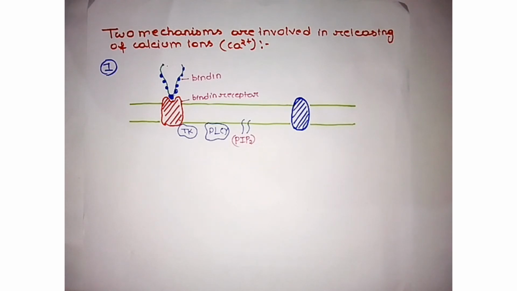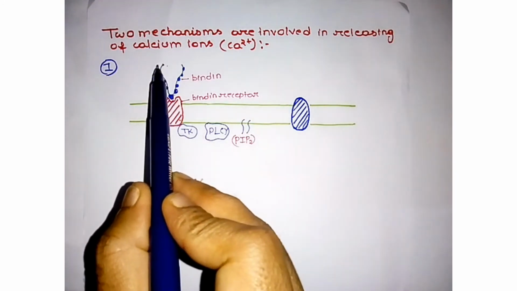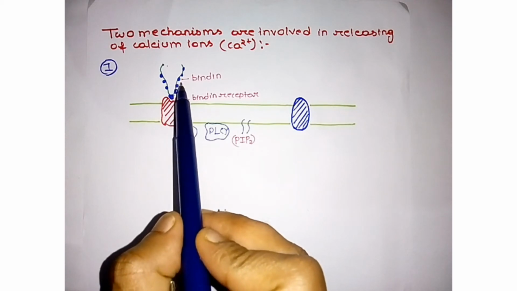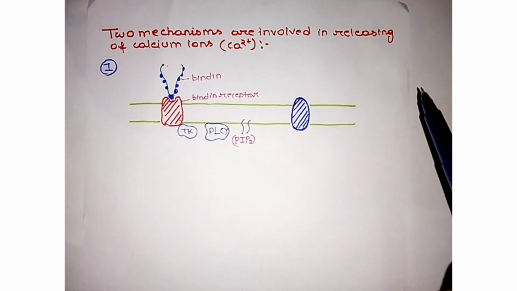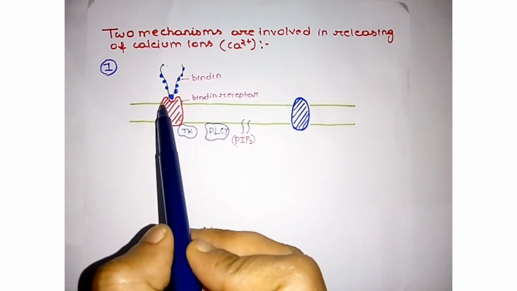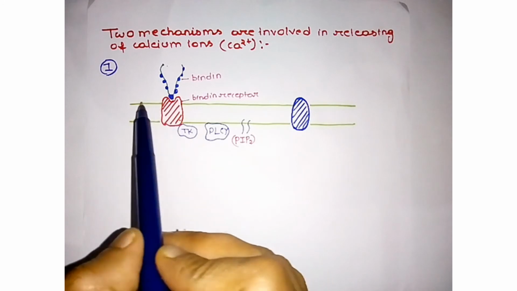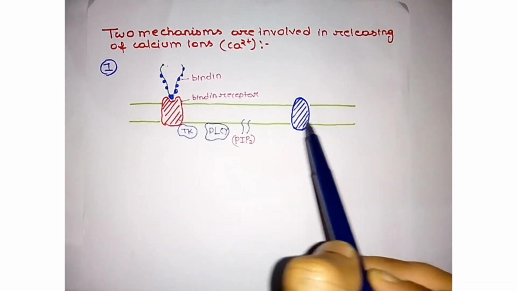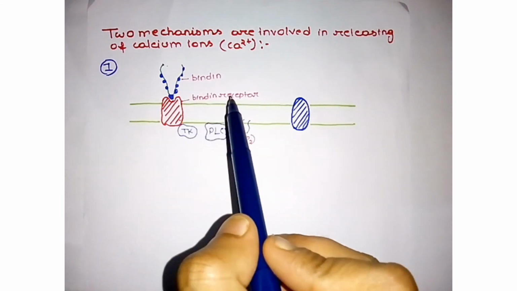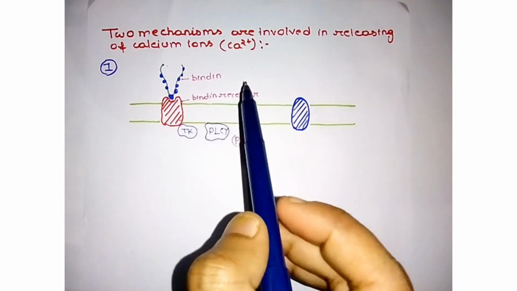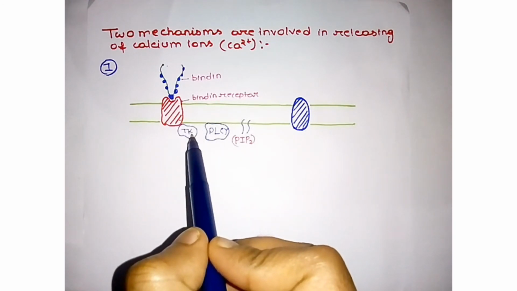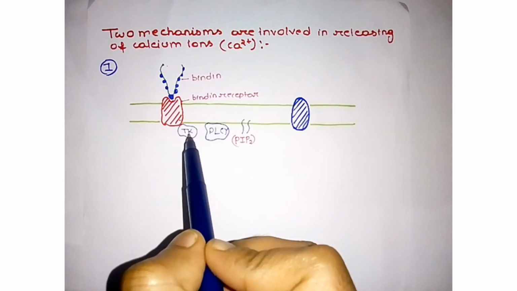As you can see from this diagram, this is the acrosomal process region, and this acrosomal process region is surrounded by a protein that is called bindin. This bindin binds with a specific receptor present on the egg cell membrane. This is the egg cell membrane. The binding receptor is a type of G protein receptor, and this is a TK, tyrosine kinase, and this is the SRC family protein.